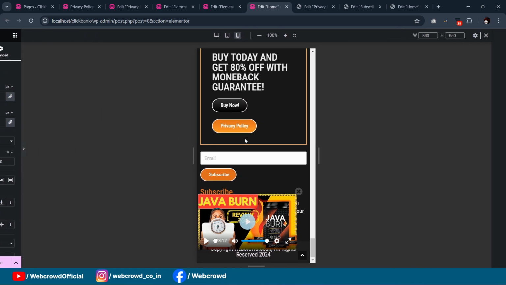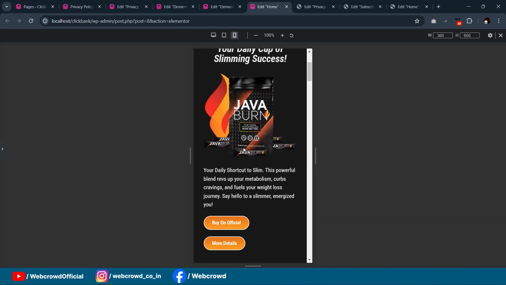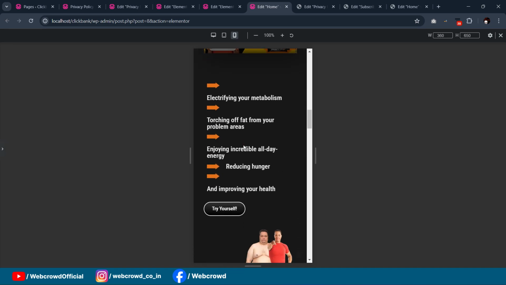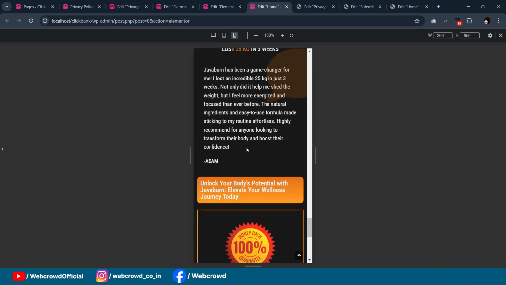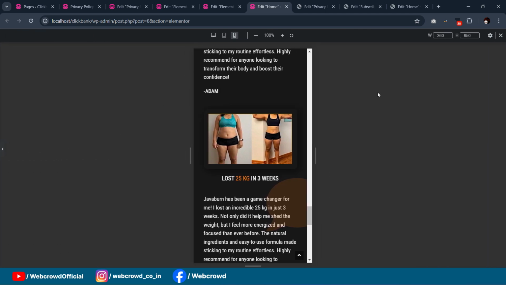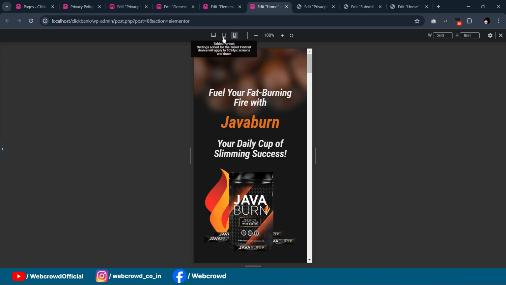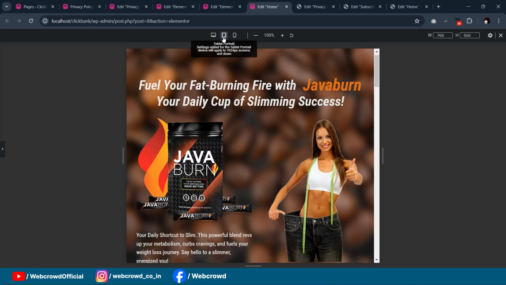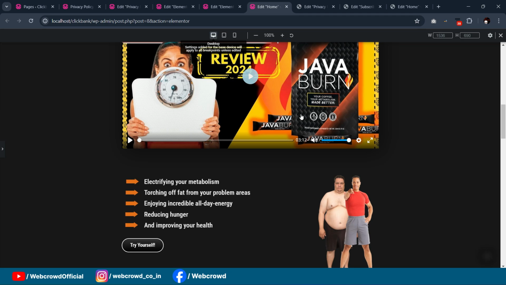Okay, so our page is fully responsive. Let's check one more time. This is the mobile view, this is the tablet, and this is the desktop. Okay,